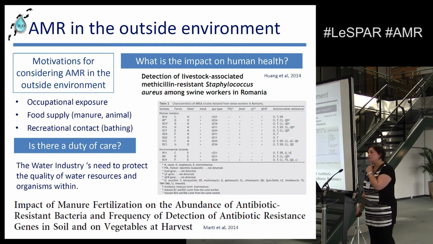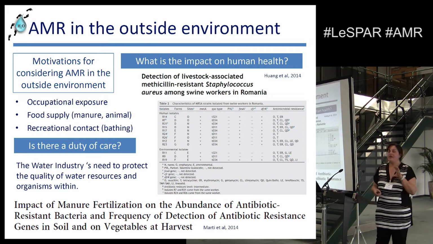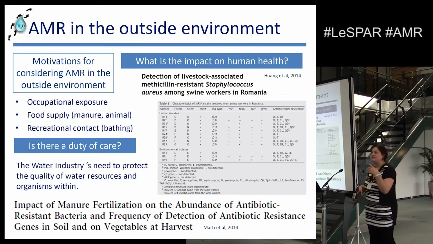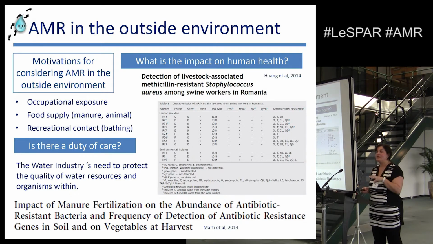What this means is the water industry, which for those who do not know, in England and Wales, we ignore Scotland and Northern Ireland, I have no idea why. In England and Wales, there are 23 water companies, and they are responsible for our drinking water and for our wastewater treatment. So we're in Severn Trent land. Severn Trent are the second largest, and they hold the highest environmental quality guidelines. So they are required as an industry to protect the quality of water resources and the organisms within. It's one of their requirements.